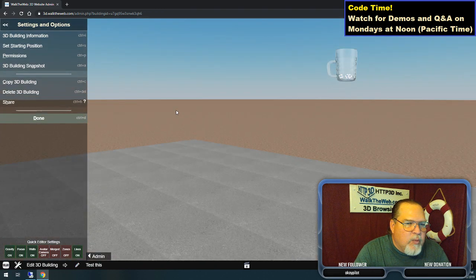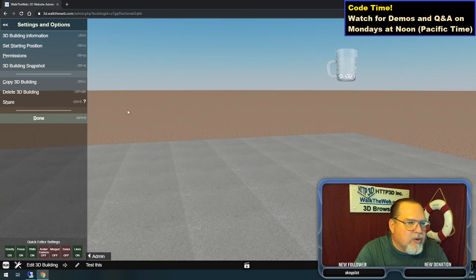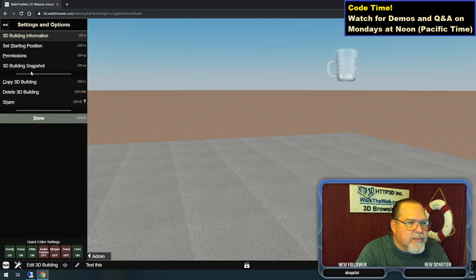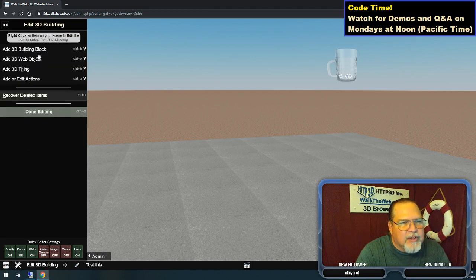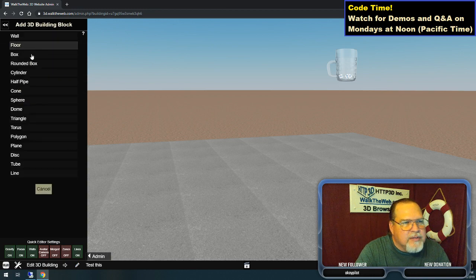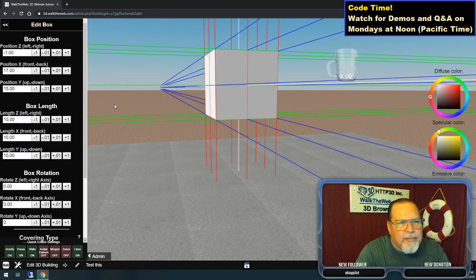Now, when I'm building something, it's designed to take control of the position that you're using. So the first thing I'm going to do is come over here, get building information, and go to Edit 3D Building. I can create building blocks, for example, a box on the screen. Now within this,